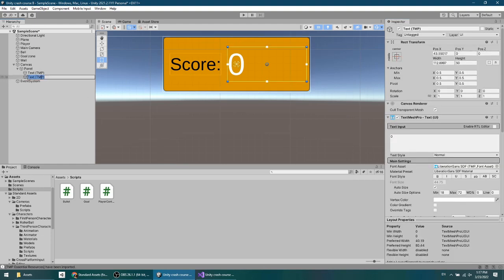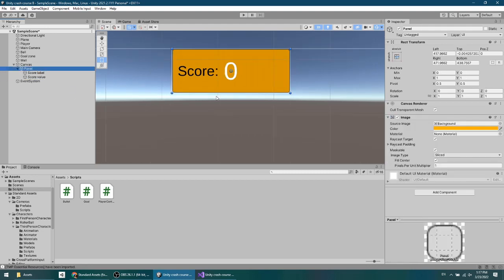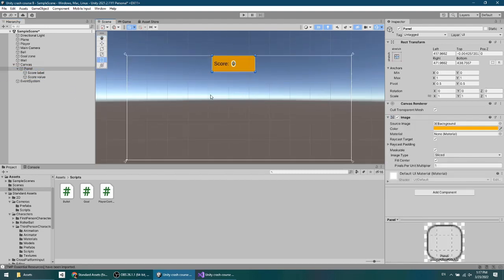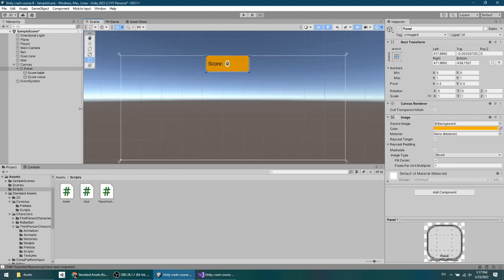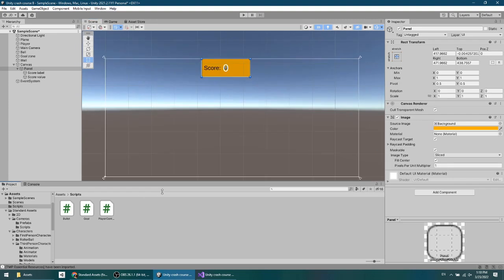All right, so we've got our score. This is the score value. And this is our score label. Cool. Now, one thing that's going to happen here that is a little bit annoying, but it makes sense, is that I'm working now within this viewport, which is not always going to be the shape of my screen, whoever's playing my game. And so even like changing this viewport,